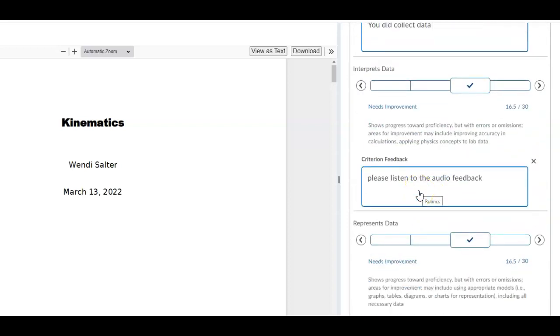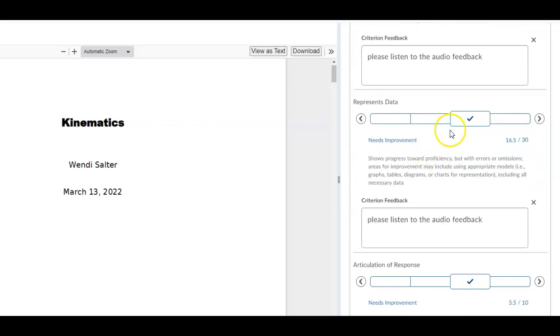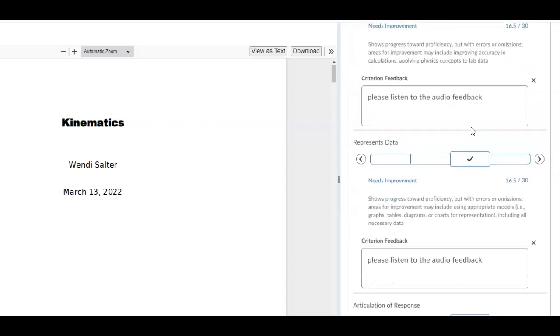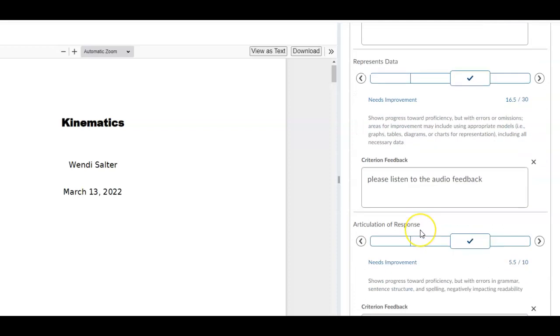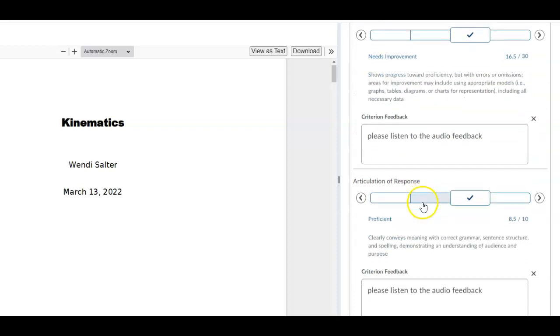Here I'm just asking you to read the feedback, because your interpretation of the data here was not as good as it should have been. I don't think you really understood the problem, and that's something that we should work on. So on this one, in both these cases, you showed some progress, but I think you made the problem way too difficult. So here is both cases about this. And